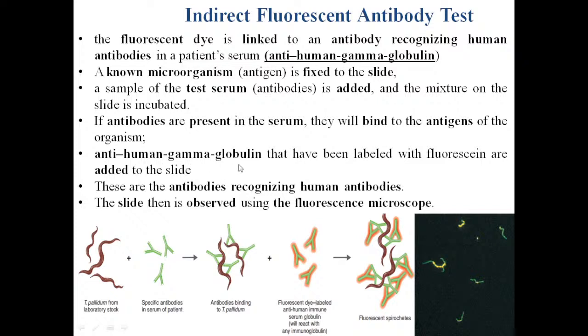And this anti-human gamma globulin must be labeled with fluorescein or rhodamine. It is also added to the slide. These antibodies bind to human antibodies, and then the slide is observed using the fluorescence microscope, and you can see